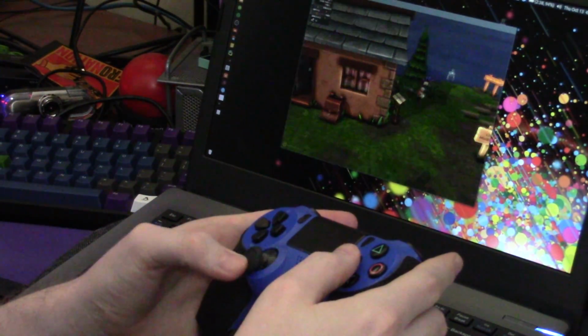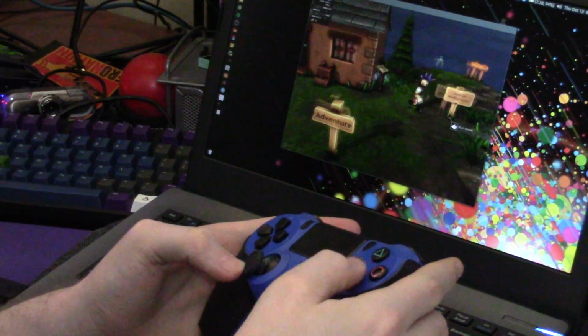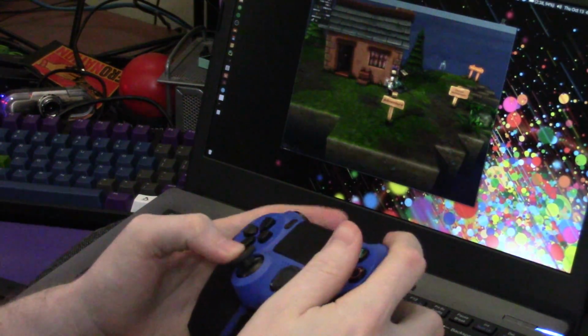If you want to play PlayStation Now, or if you want to stream your PS4 games from your PS4 to your computer. That is it. What Sony has created here is a closed off, completely proprietary Bluetooth adapter for your computer, which most computers these days either come with Bluetooth built in, or if you have a Wi-Fi card, it'll have Bluetooth built into that. My desktop came with it, my laptop has it, even my Linux laptop, I was able to